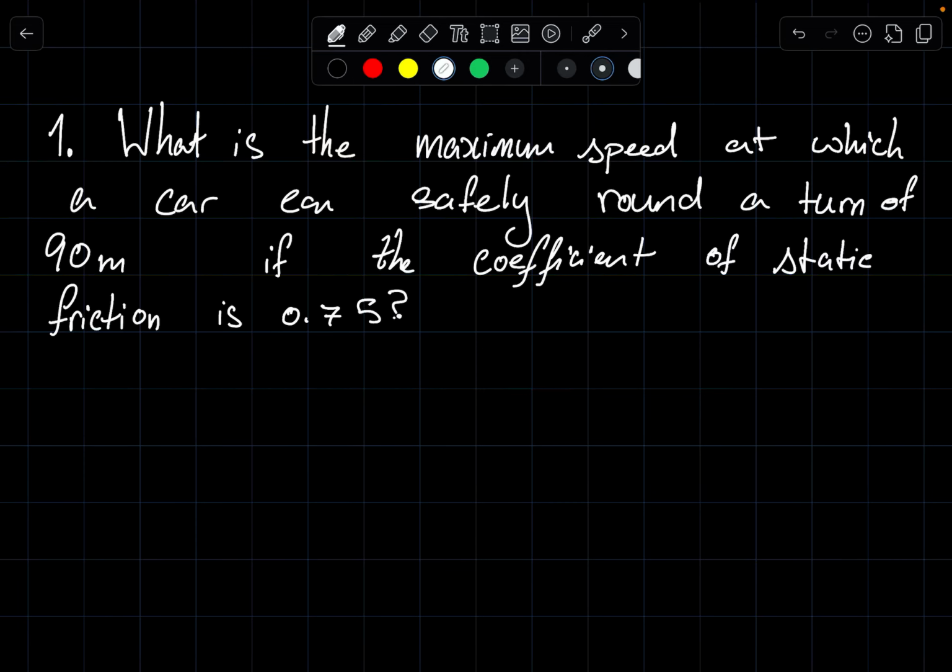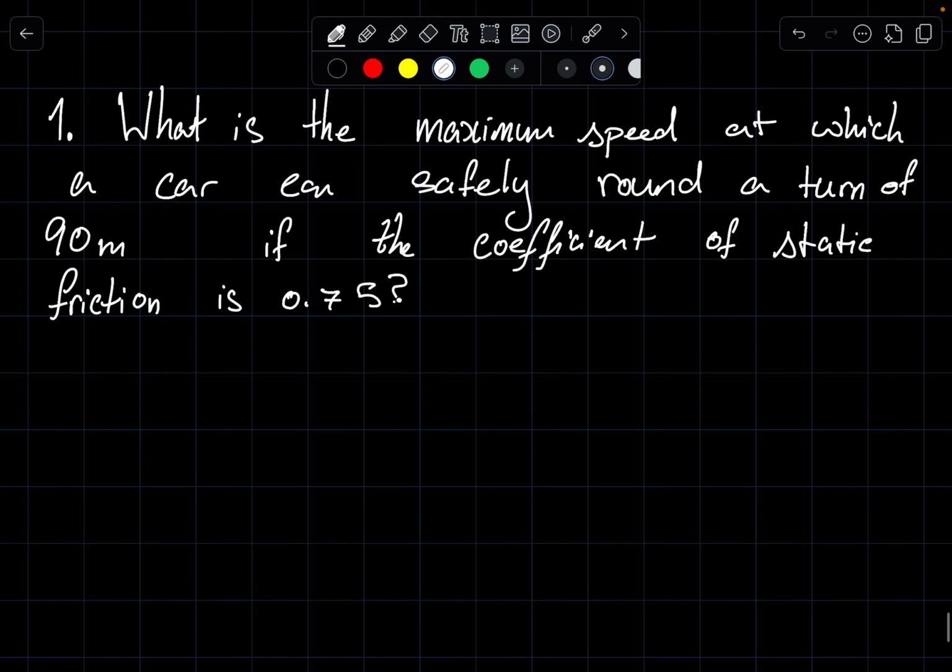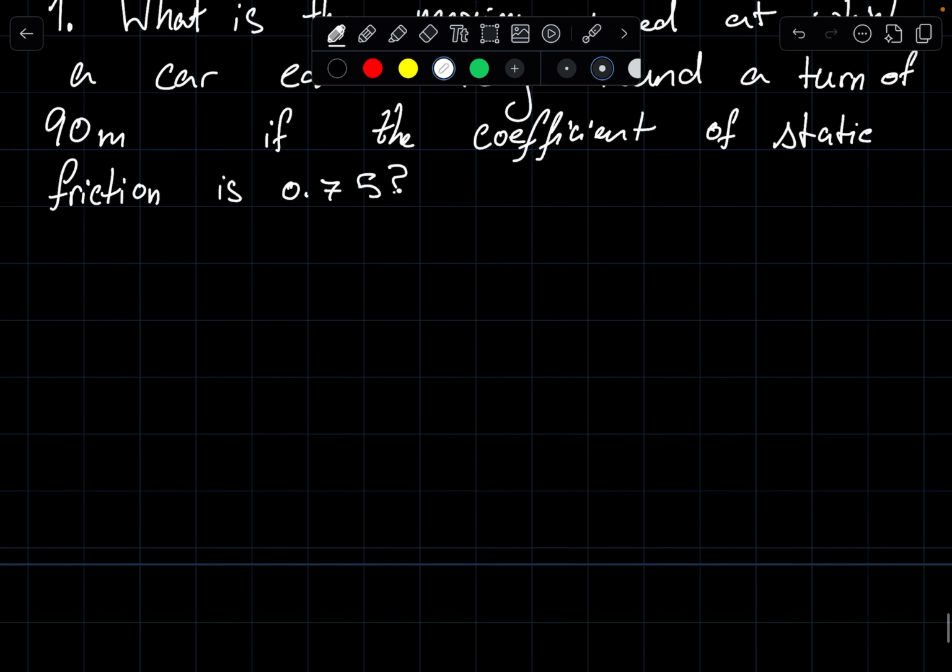Today we'll be working on some static friction, centripetal force, circular motion, car rounding curve, and rotor ride physics problems. So the first one: what is the maximum speed at which a car can safely round a turn of 90 meters if the coefficient of static friction is 0.75? So